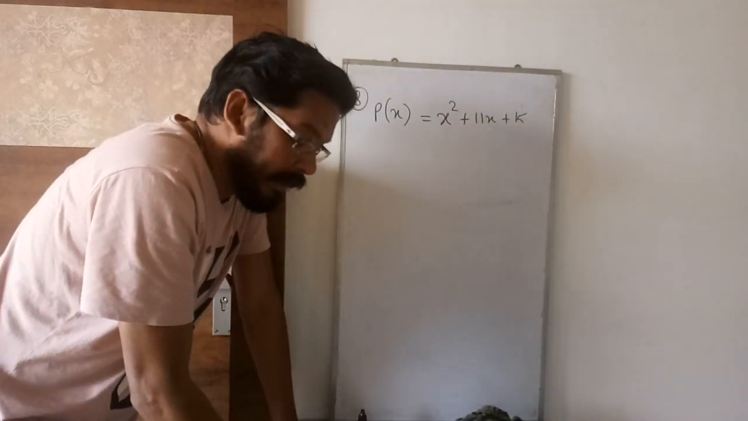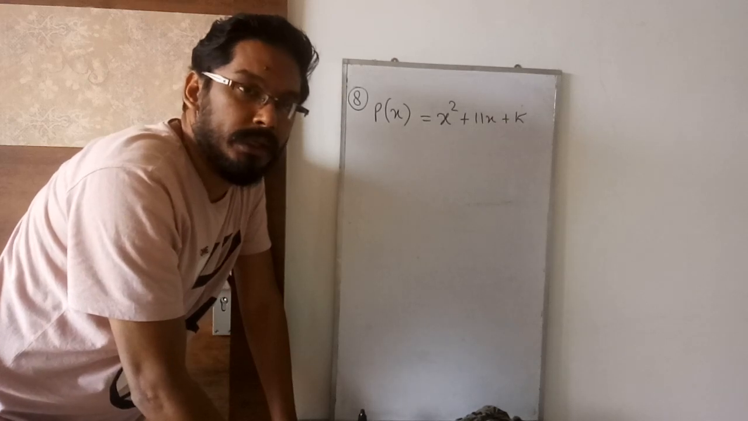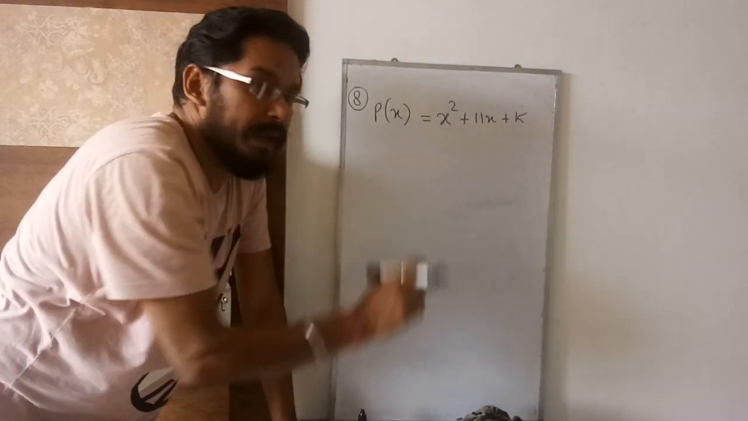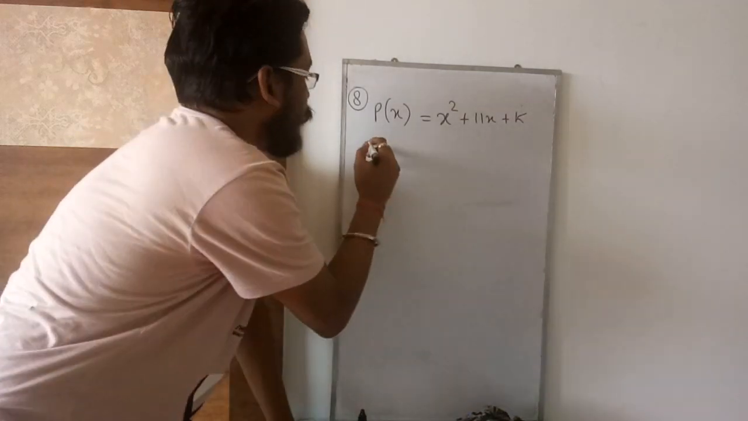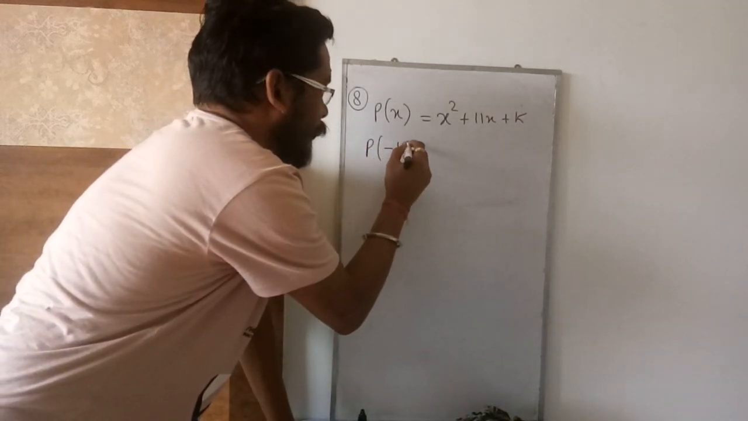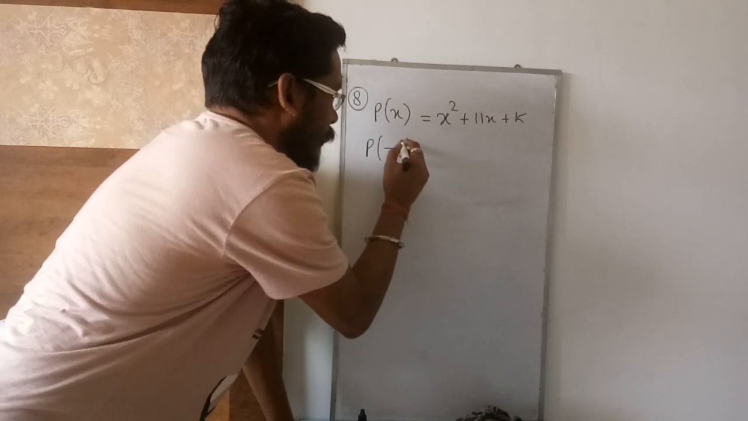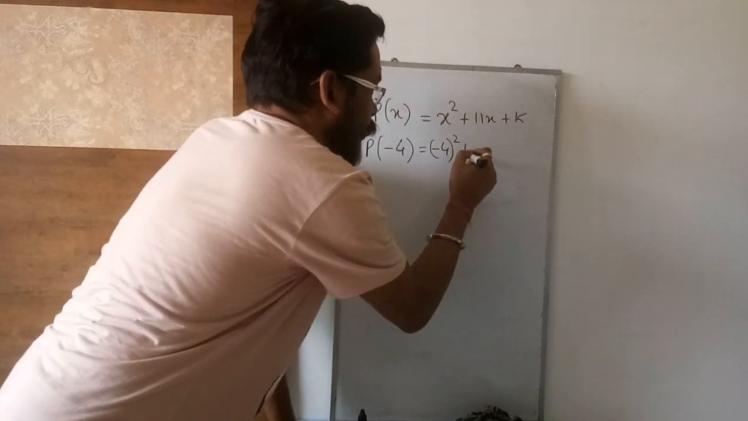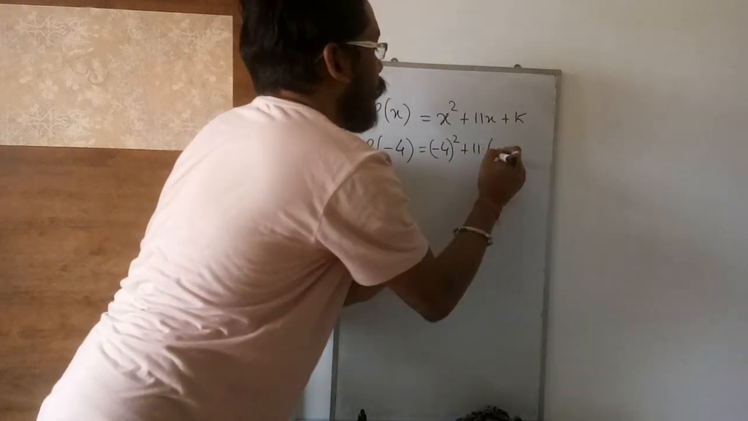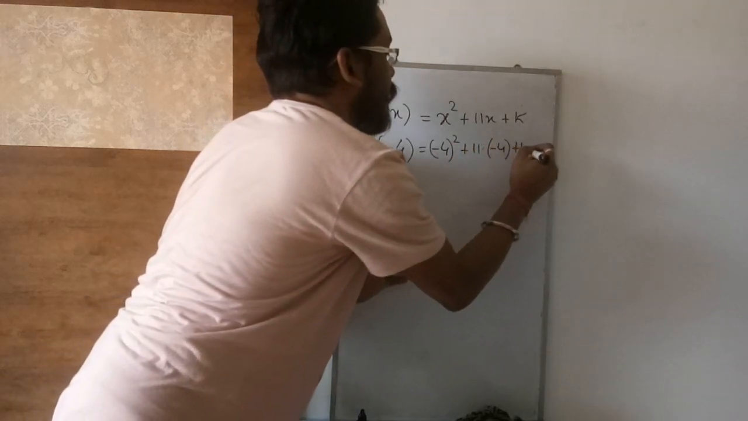They have said -4 is the zero of the polynomial. That means in place of x, if you put -4, your answer will be 0. So let me put -4 in place of x. That means -4 is the root of this polynomial. So wherever x is there, you will put -4. So 11 into -4 plus k